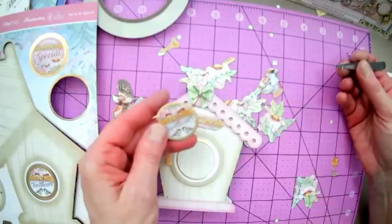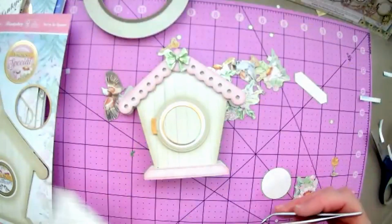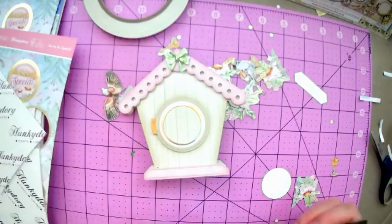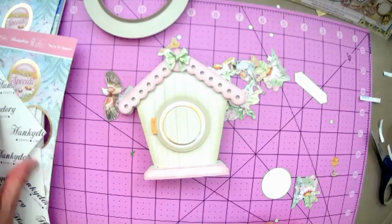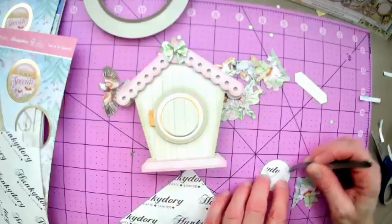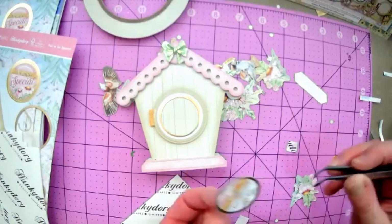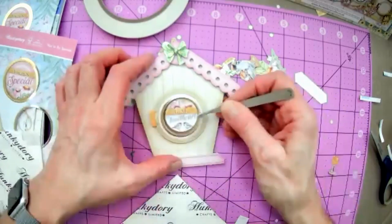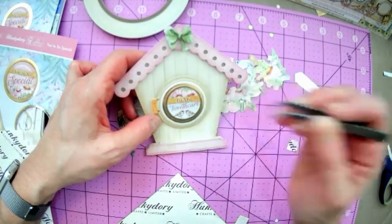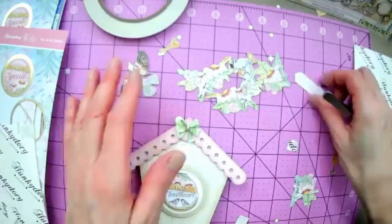And then I'm going to add this design. So I'm going to use a different size foam tab. I don't think I need that big. I think I'm just going to use a couple of these this size. Since I have a selection to choose from. And then I'm going to add to my tweetheart. All right. So now